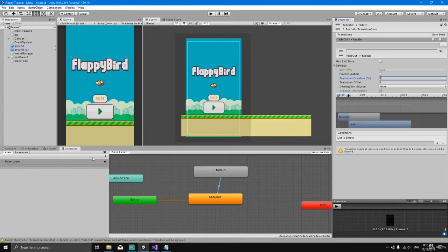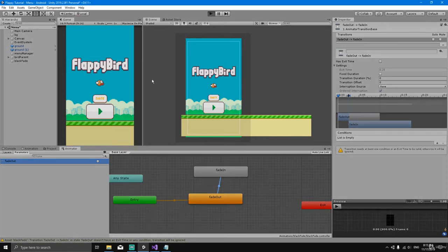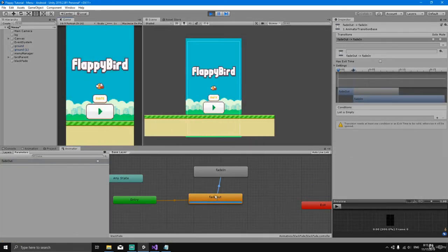Okay, so we're gonna create it from here where it says parameters. Here on the left it says layers and parameters, so make sure you're in parameters and click this plus sign over here, and we're gonna set it to trigger, and we're gonna call this trigger fade out. So this is gonna be our trigger. Now if we play the game, we can see that the game fades out, and if we activate this fade out trigger,